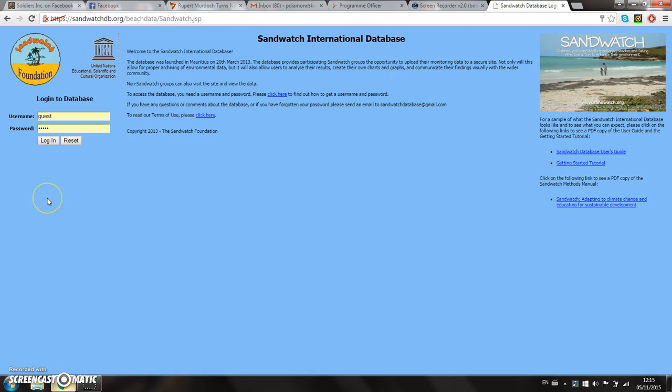Now, of course, to start using the database, you would need a username and password. These can be gotten from us at Sandwatch by emailing us from our website at sandwatch.org, and we will send you a username and password. But for the purposes of this demonstration tutorial, we're just going to log in as guest. This will allow you to view the website, the database, but not edit or delete or change or add data in any way. So we'll click Login,